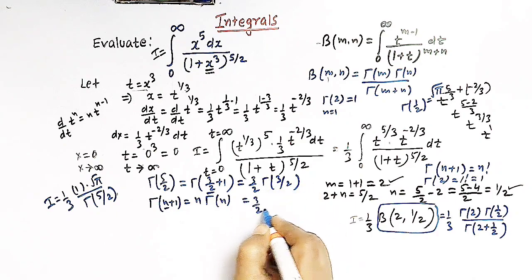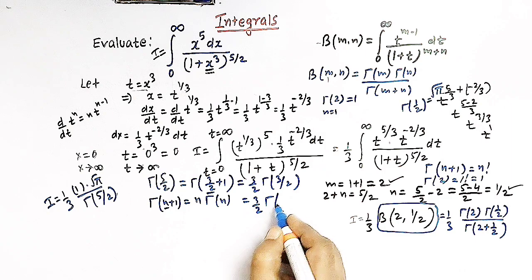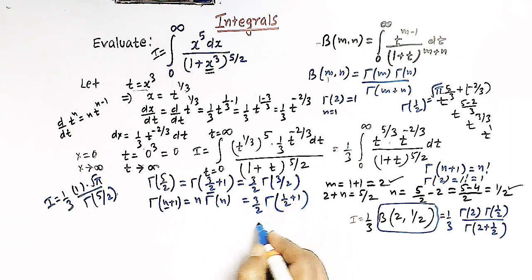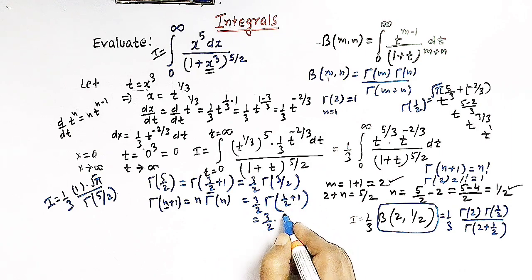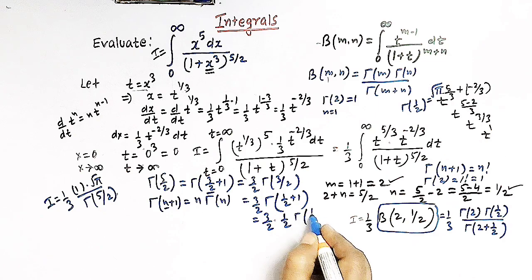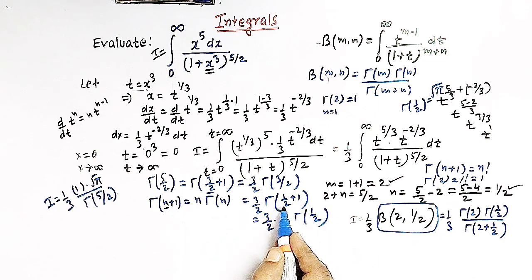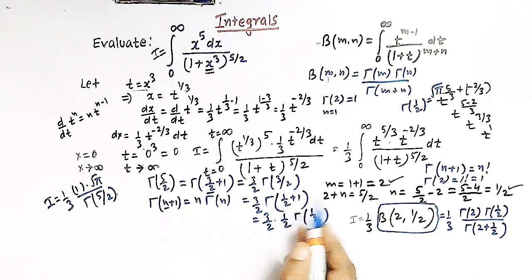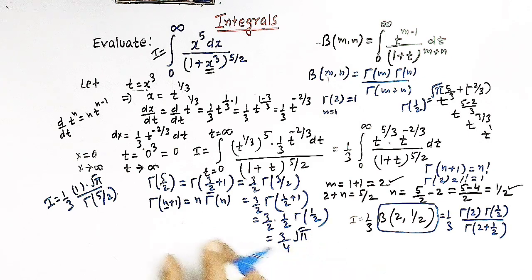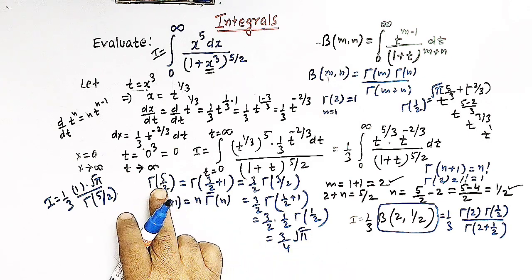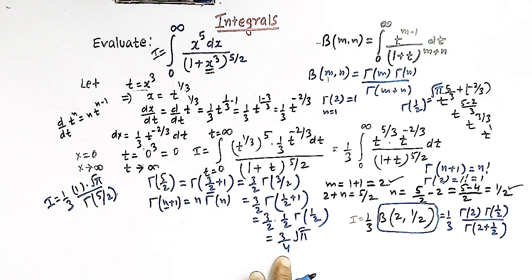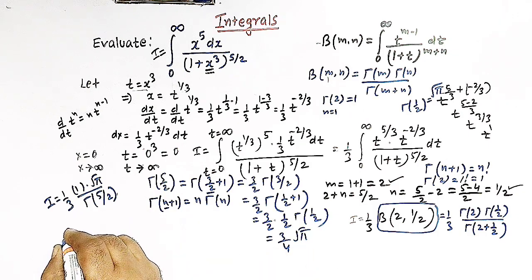And further we can split 3 by 2 as half plus 1. So now we have 3 by 2 half times gamma half. So again applying this result to this expression, now we have 3 over 4 gamma half, and gamma half is square root of pi. So substituting the value of gamma 5 over 2 as 3 by 4 times square root of pi, we can